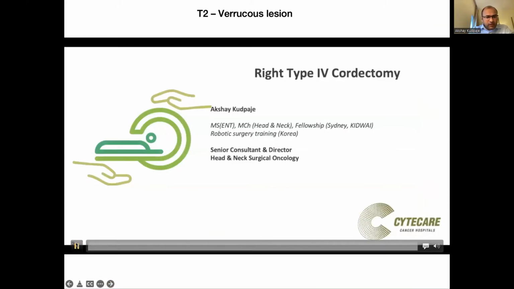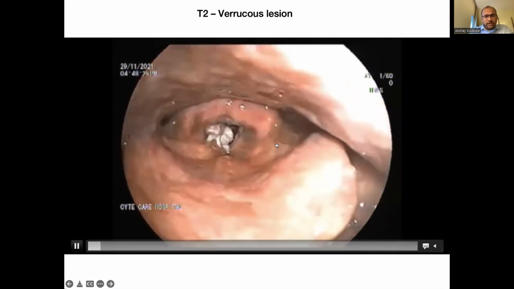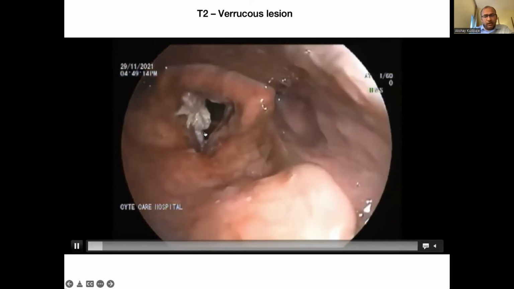Certain very extensive lesion. This was Hello everyone. My name is Dr. Akshay. Sorry. So this was a lesion,